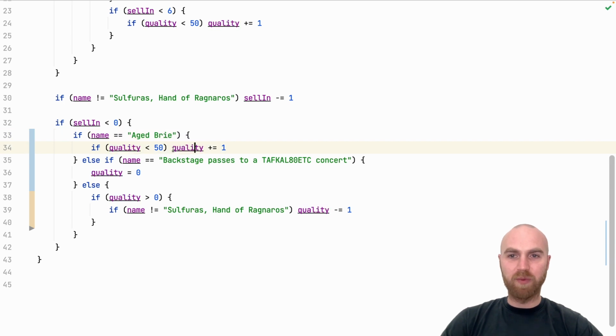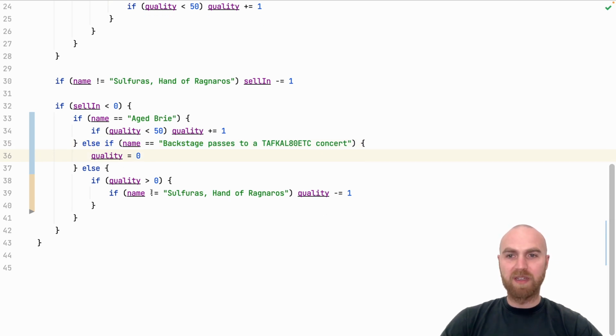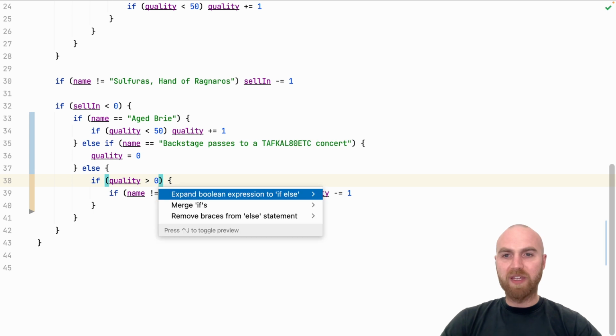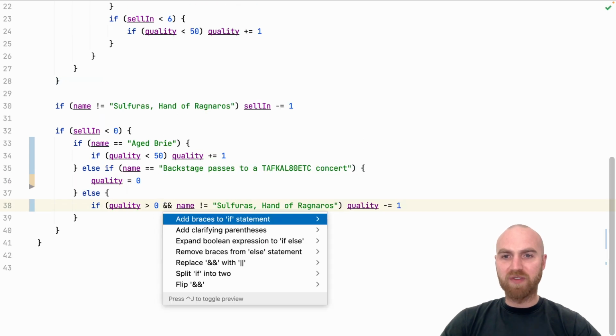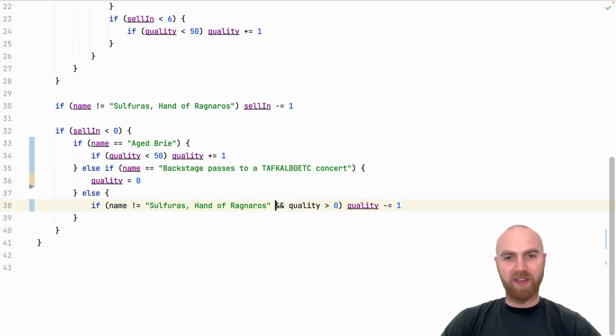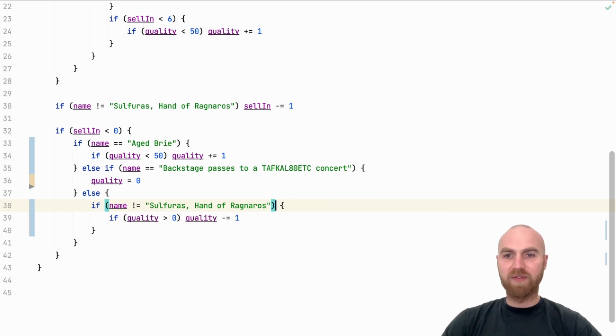So for Aged Brie, we increment the quality, for backstage passes, we're setting it to 0, and for non-Sulfuras items, we're doing minus 1. The last condition here is a bit tricky because we are comparing quality to 0 first. What we can do is merge these 2 ifs, then we can flip the AND condition, which should be a safe transformation. And then we can split the if into 2,